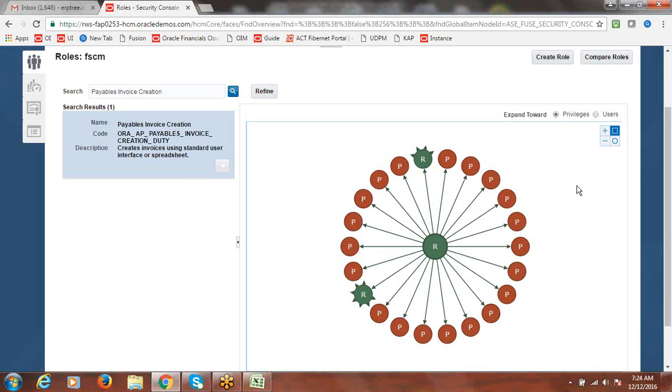That kind of relation we also call hierarchy. There will be some connectivity and process flow related connectivity. But these two functions are not directly related to payables, that's the reason they are represented in green color.